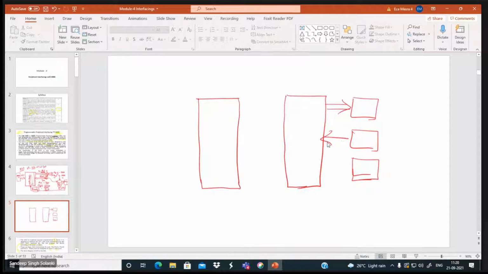Some may be doing the job of this, some the job of this. And this device we are saying is the interfacing device.